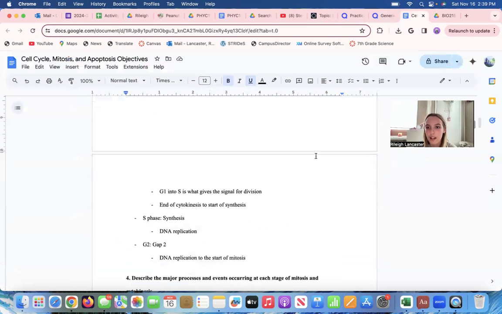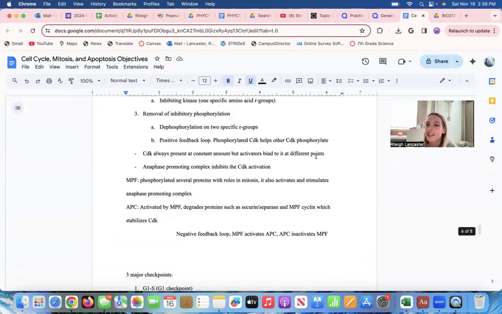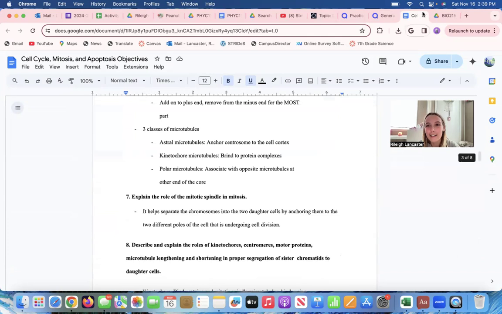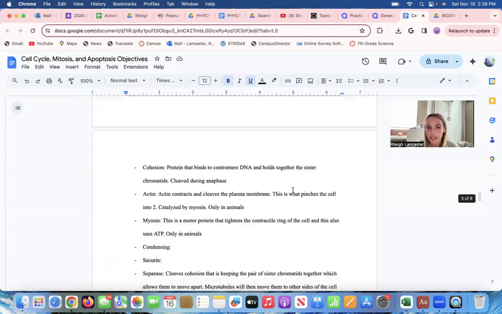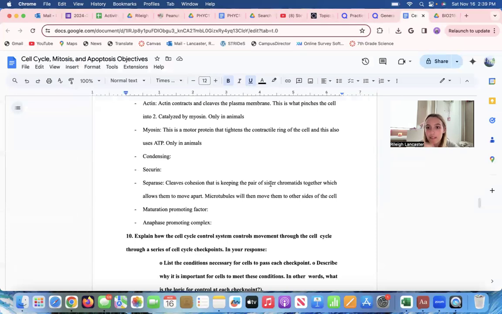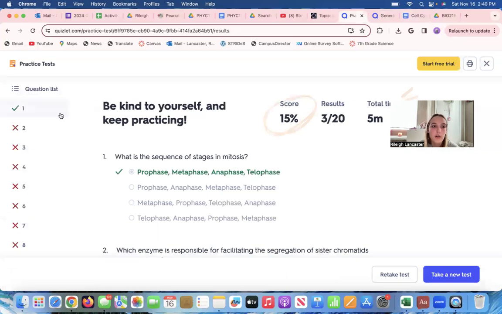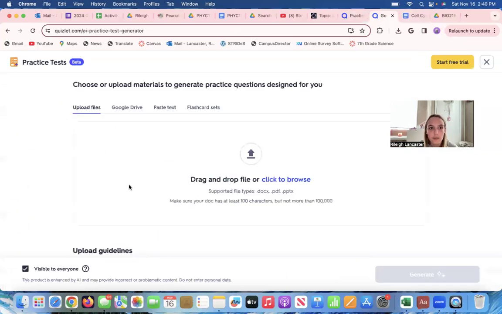So here's the file I used. This is for my cell biology class that I take. And you can see it's literally just notes. There's nothing fancy about this that I have to do. It's simply just my notes. So this is it after it's been answered. But you can just click on it,